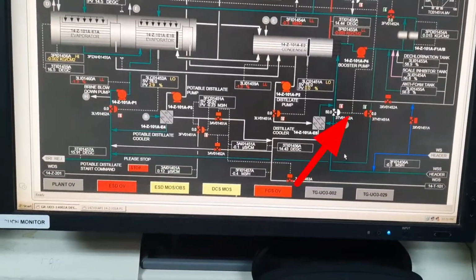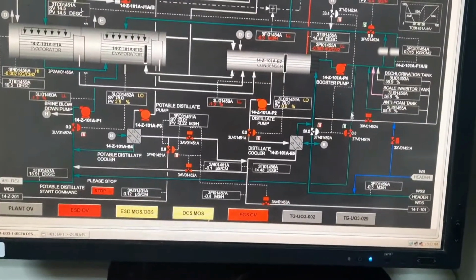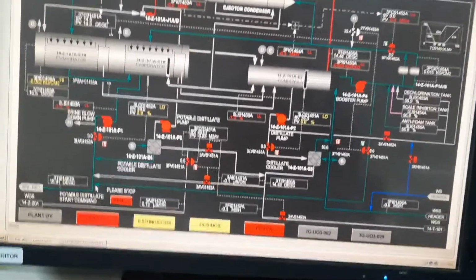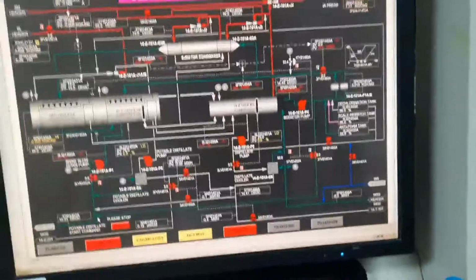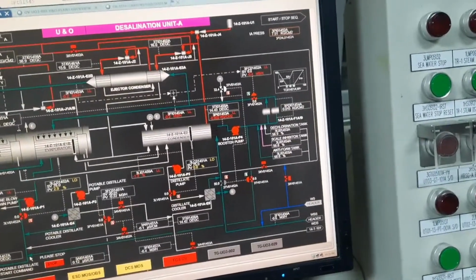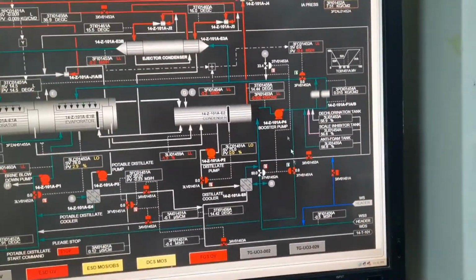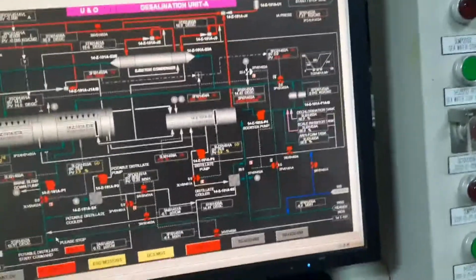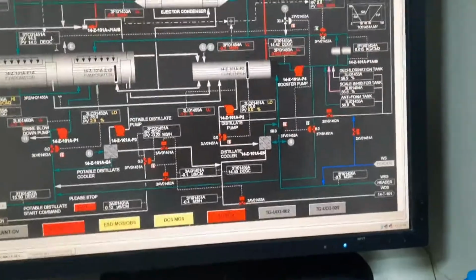When you open the seawater inlet valve, this water will go like this, and if you open this valve, this water will come like this and go directly to the brine line. Also, when this acid cleaning is complete, we will stop circulation. At that time we need to neutralize the concentrated water. To neutralize the water, we will open this temperature control valve, and seawater will come in from this side. This seawater has high pH.